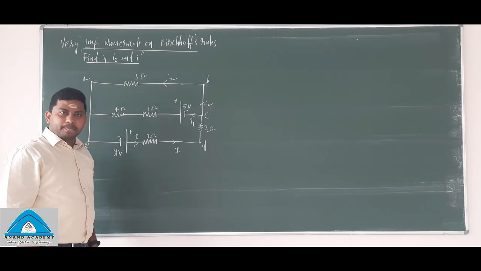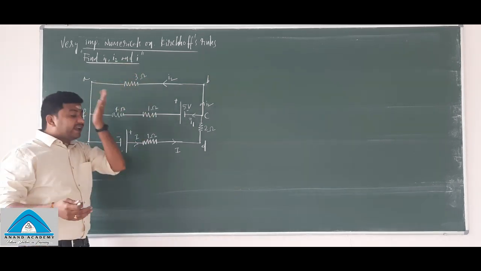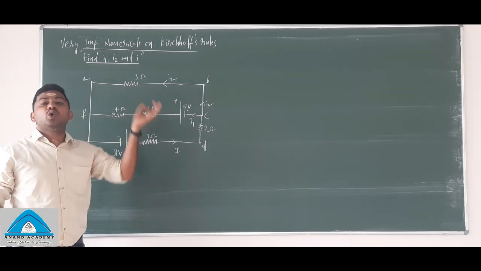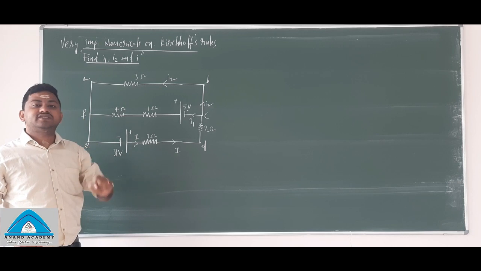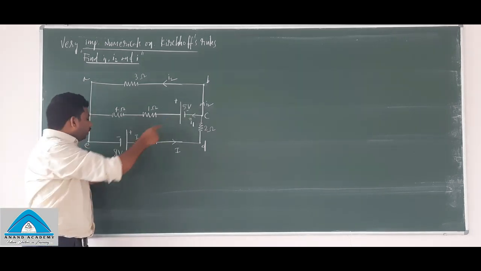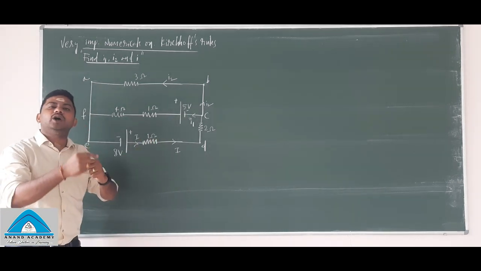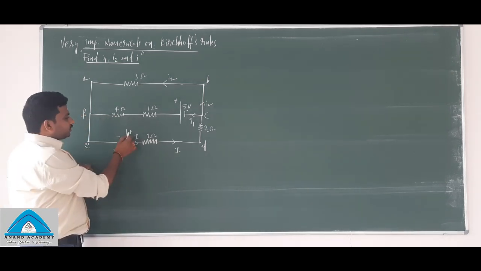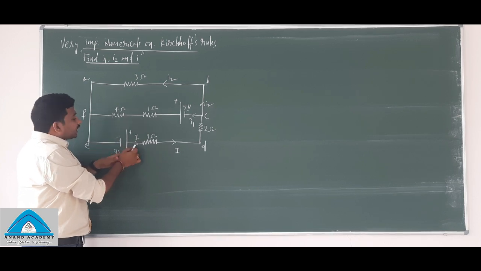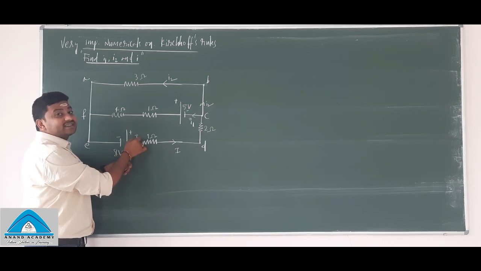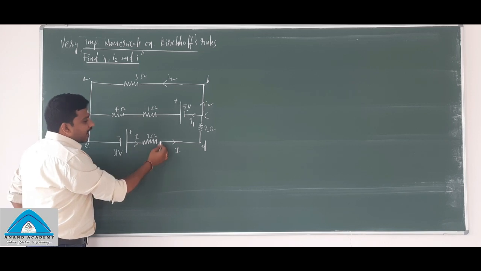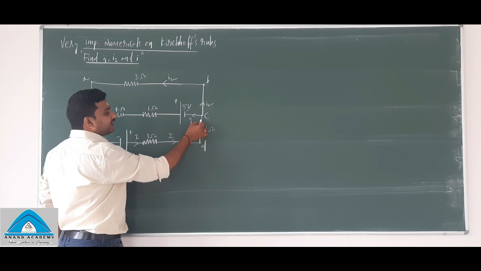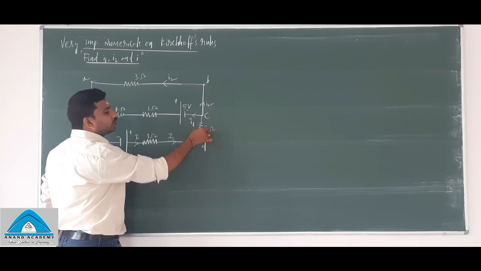Now let's begin. What I have told you: when 2 or 3 cells are present in a circuit, the cell having more EMF will dominate the current in the circuit. This is 5 volt and this is 8 volt. Which cell will dominate the circuit current? 8 volt. Yes. Positive terminal, negative terminal. So the current I starts in the circuit from here. The same I is flowing through the 1 ohm resistance and the same I is flowing through the 2 ohm resistor.